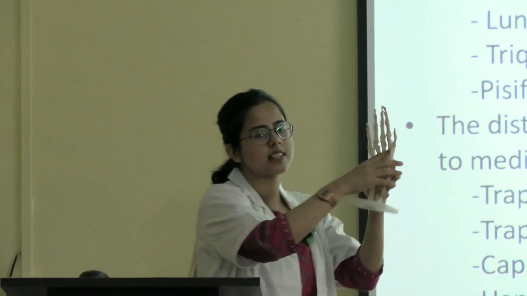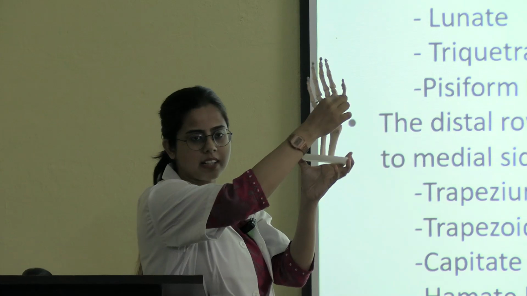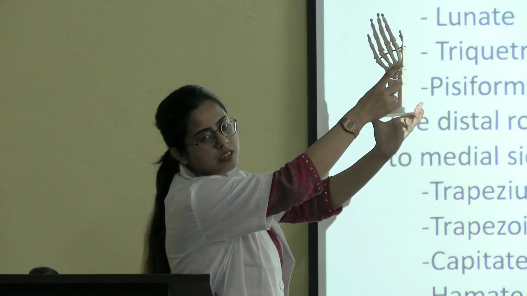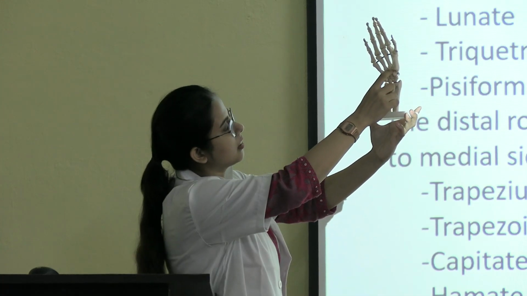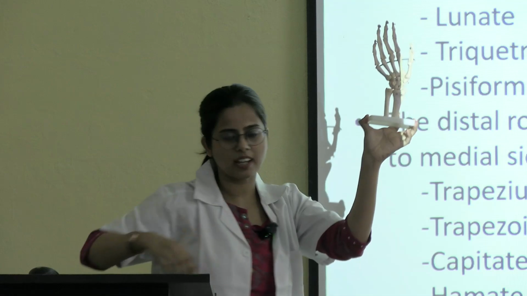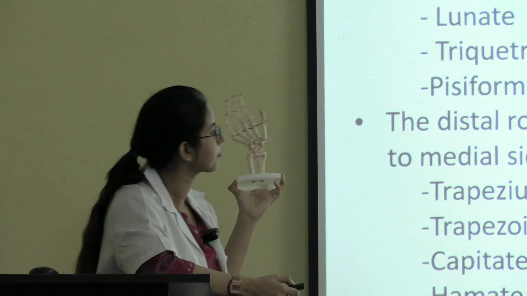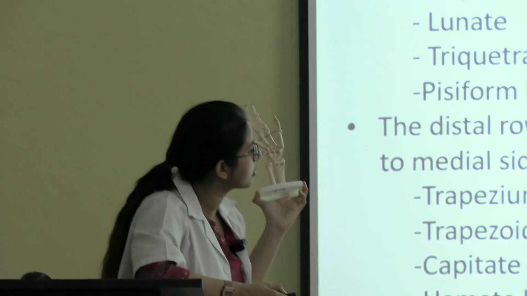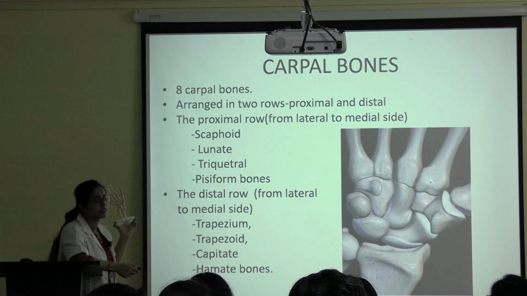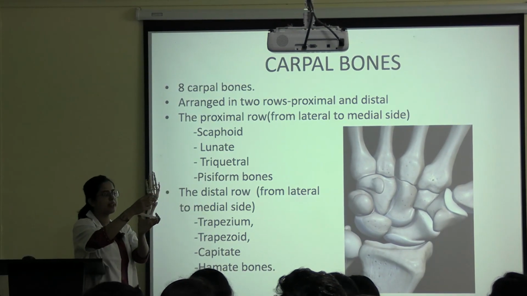Now next, this is the second metacarpal. Similarly, it has a proximal end, shaft and distal end. Now it has a groove. You can see the base is grooved. Can you see? Grooved base. Like this, it is grooved. Can you see the groove? By which it is articulating with trapezoid.